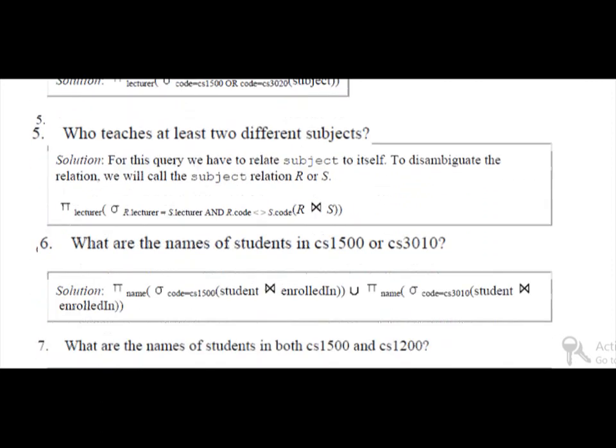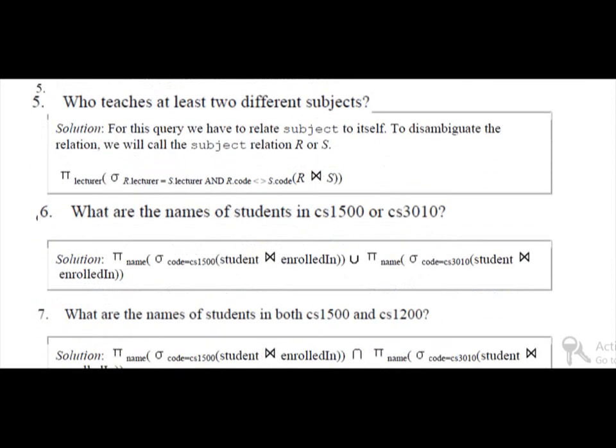Next query: who teaches at least 2 different subjects? For this query we have to relate subject to itself. The query will be projection lecturer, in brackets selection r dot lecturer is equal to s dot lecturer and r dot code not equal to s dot code, and we are using 2 tables, that's why we wrote r, then Cartesian, then s.